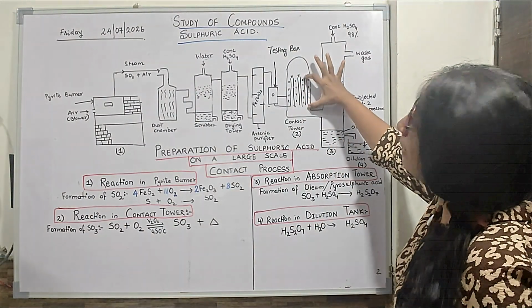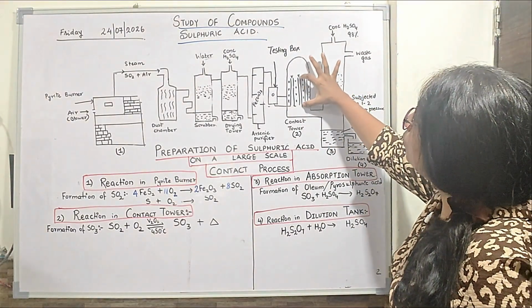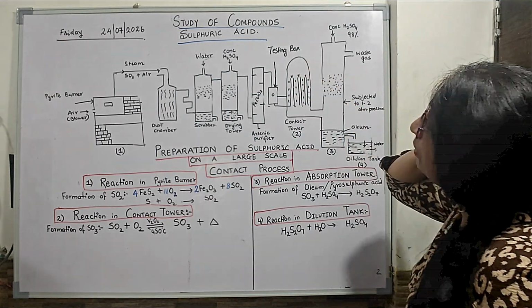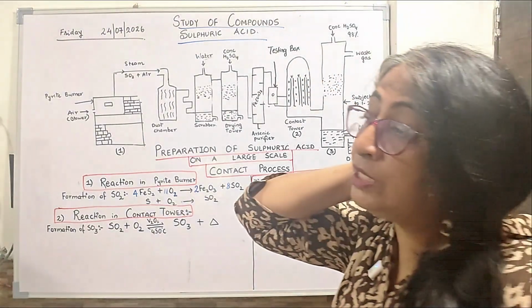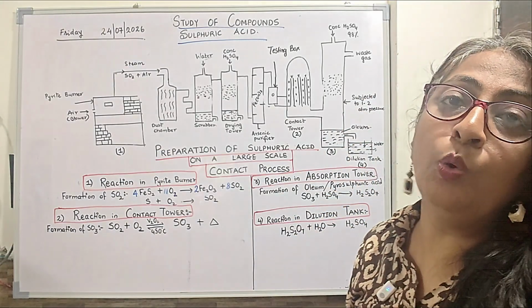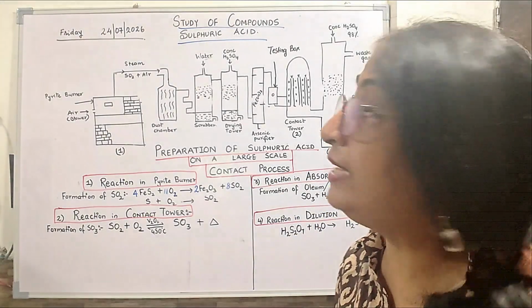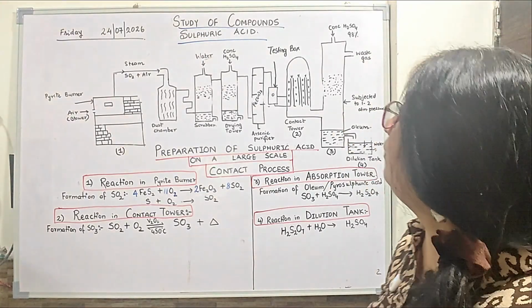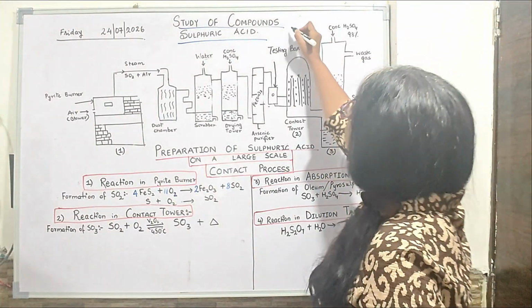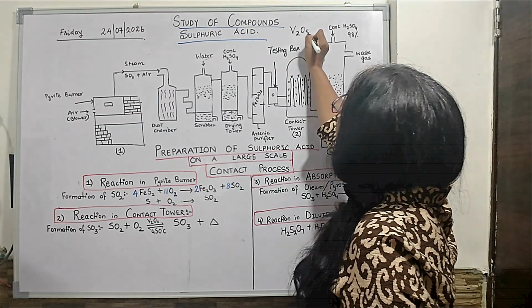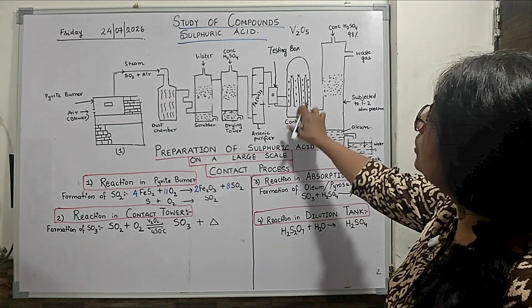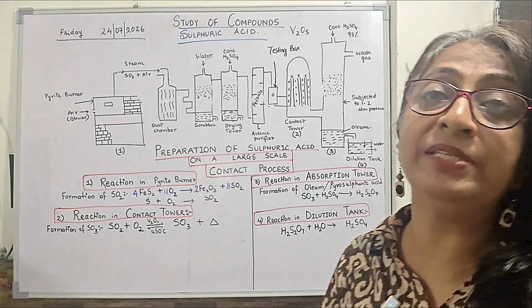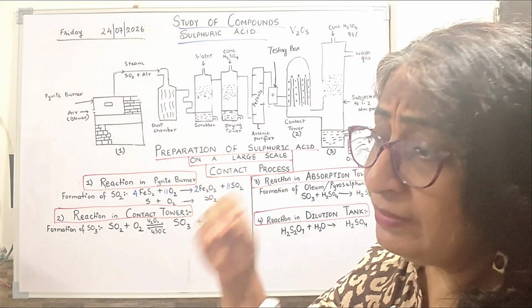Can you see these vertical pipes? If you can see these vertical pipes, and you see what I have done, this is a catalyst, and this catalyst is already heated to around 400 to 450 degrees Celsius. This catalyst is vanadium pentoxide. Vanadium pentaoxide. Now, this catalyst we have, purposely made these vertical pipes, because these vertical pipes से क्या होगा, जो catalyst